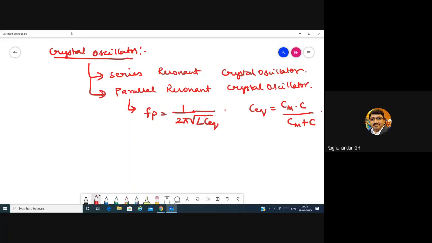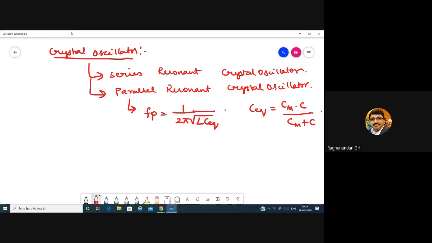In the other oscillators, you can explain how the oscillations are produced or how the phase shift is produced, all those things. But here you will just say a crystal is given as feedback, and based upon the value of the crystal, that frequency is produced. That's why they'll be asking a problem on this. They'll ask to find the series resonant frequency and parallel resonant frequency. But in many cases, students get confused with the formula. For Fp, parallel resonant, it is LC equivalent. For series resonant, it is only LC.